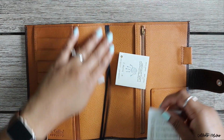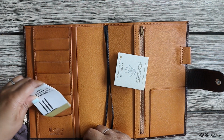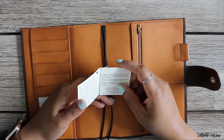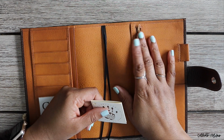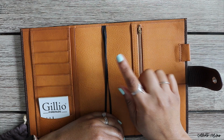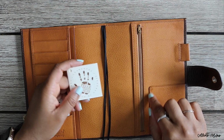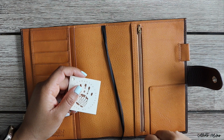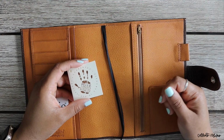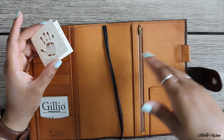So, as with any Apunto, you get an information card on Gillio's products. And then this would be my very first real, I would say, good deals item. There's a section of good deals on the Gillio website where you can get discounted Gillios because there's some small minor error, like maybe the leather is a little bit darker in certain areas, discoloration, or that's pretty much mainly what it is. Everything else is pretty much perfection. So they let you know, and they'll show you pictures on the website of what defects there may be on your